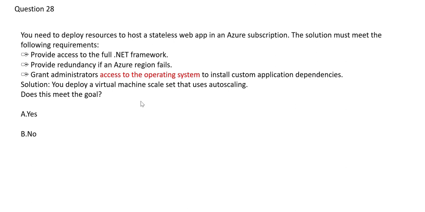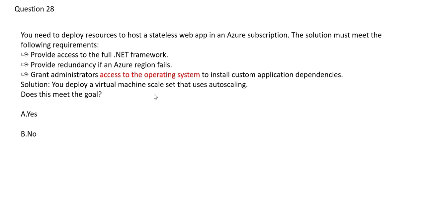Okay, but if you are looking at this one, as your region fails, then this will not work because this scale set will spawn in a single region. If today you have two VMs and you have put a scale set on for auto scaling, and because of the extra load, it creates four more VMs. Total there are six VMs now.